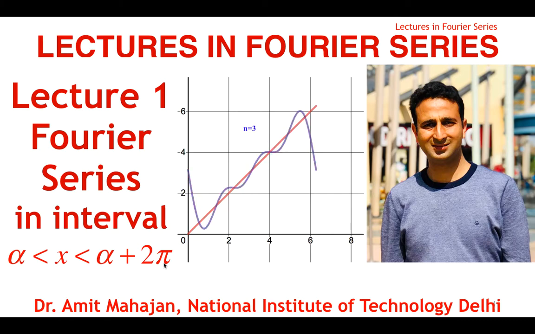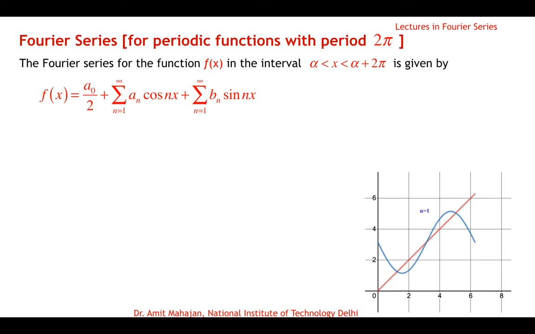A Fourier series is an infinite series, particularly expanding a function into an infinite sum of sines and cosines, the trigonometric functions. So let us take the definition of the Fourier series expansion of functions, particularly when the function is periodic with a period of 2 pi. So the Fourier series for the function f(x) in the interval when x varies from alpha to alpha plus